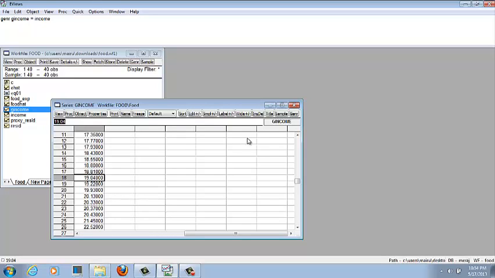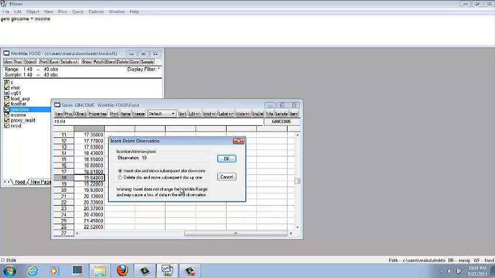Now here's the delete button. Whenever you try to delete any value in your distribution, it's better to choose delete observation and move subsequent observations up one. It will remove the value and take your values up one level.